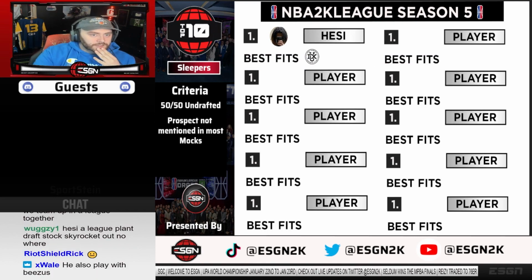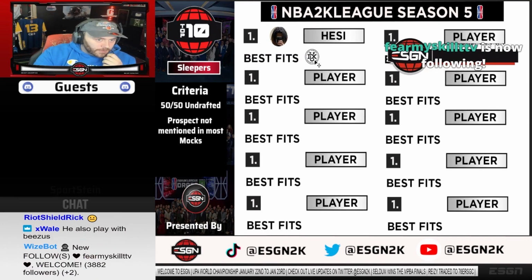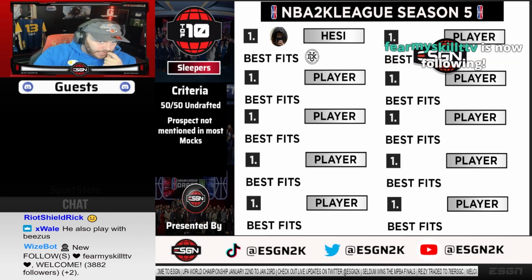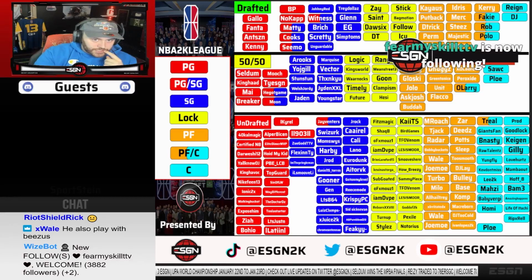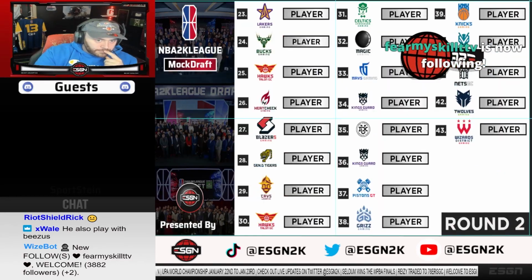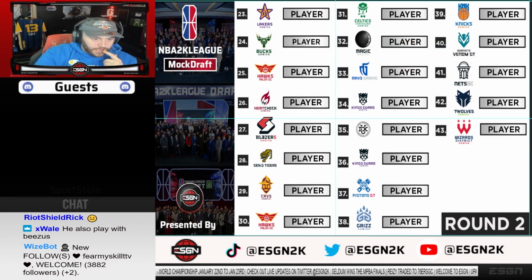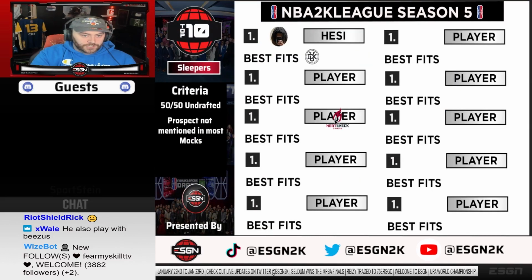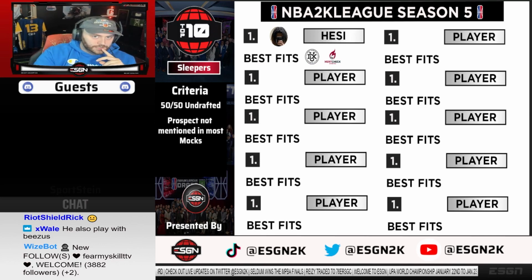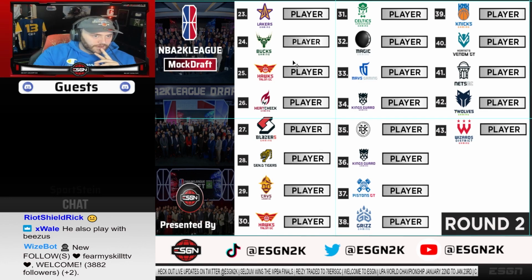After this, number two. So again, for best fit, I'll put Ducks Gaming. Another team I think that really should try to take him, a team that probably could grab him later on, wait on their lock. Looking at the draft, teams that need locks, this 26 pick right here for the Heat wouldn't be a bad spot. We all know that's going to be Future Clutch, but I wouldn't mind Hezzy being on this team either for the Heat. I think this is a good place to grab your lock.